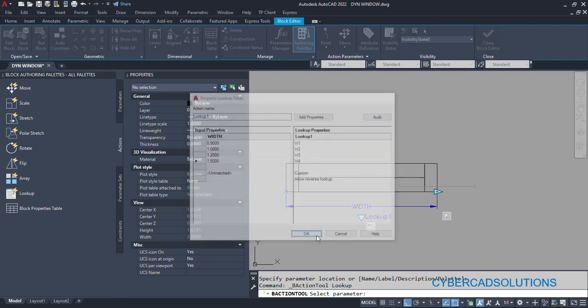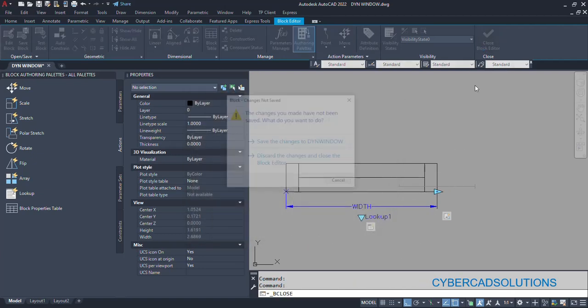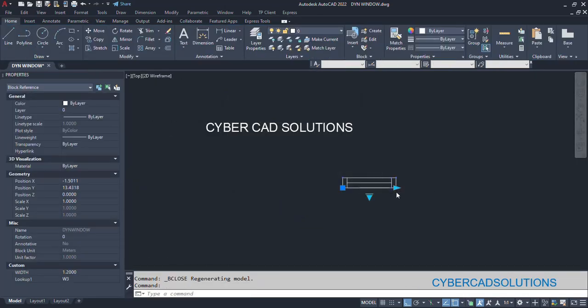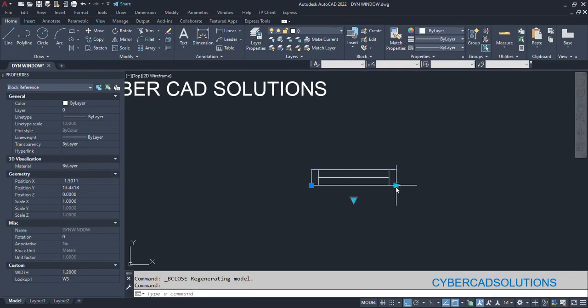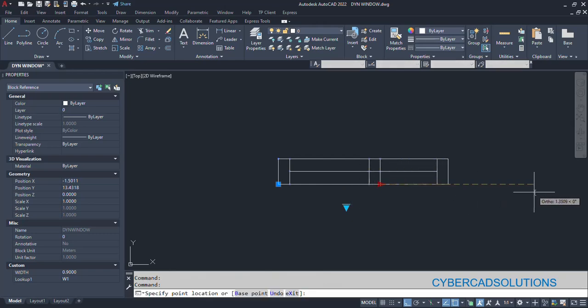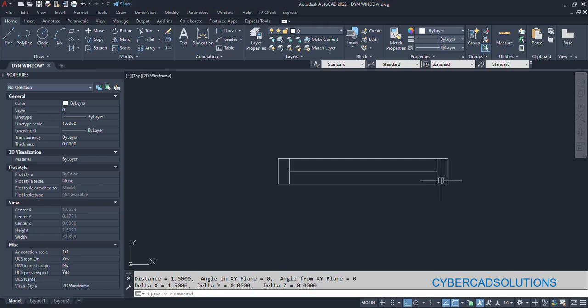So say OK now. Now let us close this block editor and take save changes to dynamic window. Now if you select this block, so if you observe, you can stretch it manually like this. Okay, and it will come down to minimum value of 0.9. Let us measure this 0.9 we are getting. Less than this we cannot stretch down, and similarly if you want to go upside, you can stretch it to maximum 1.5 meter only,